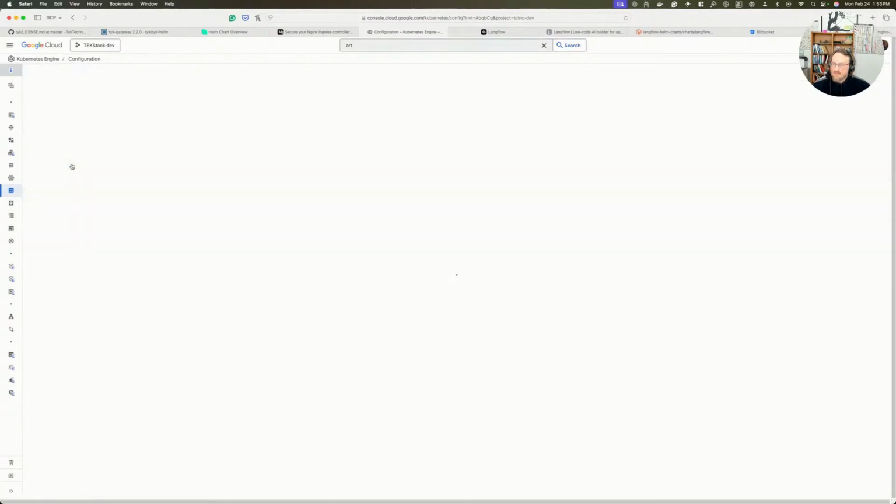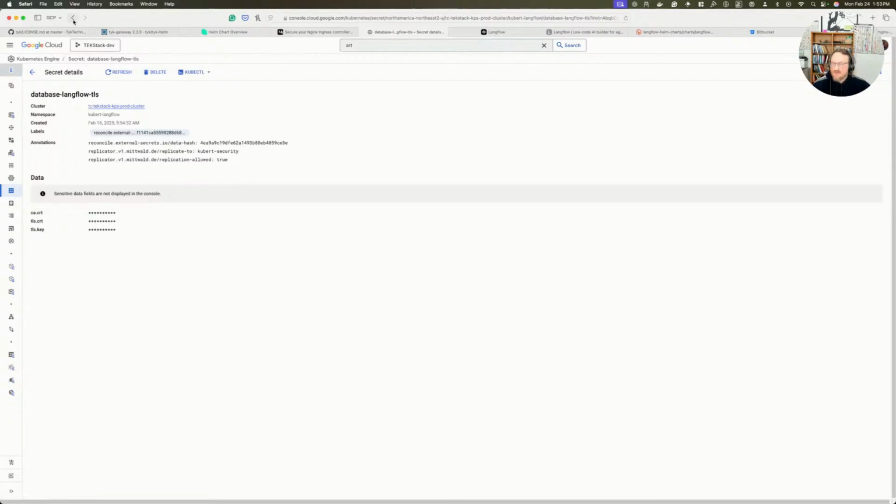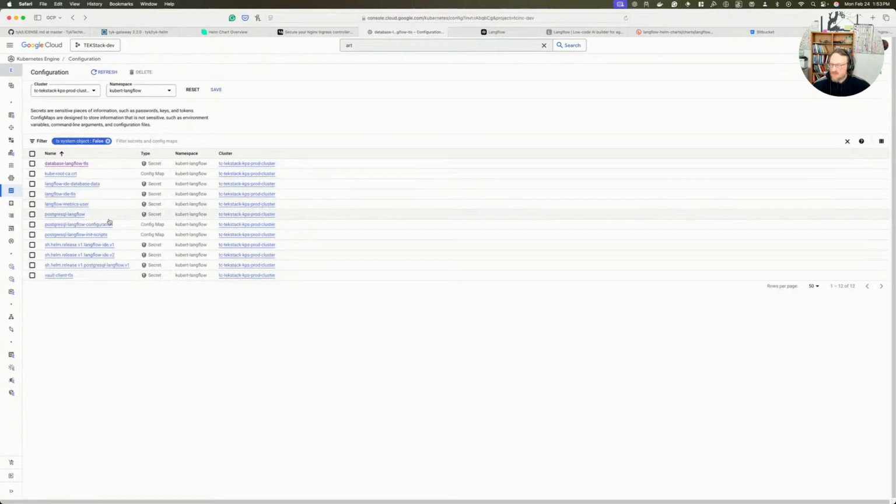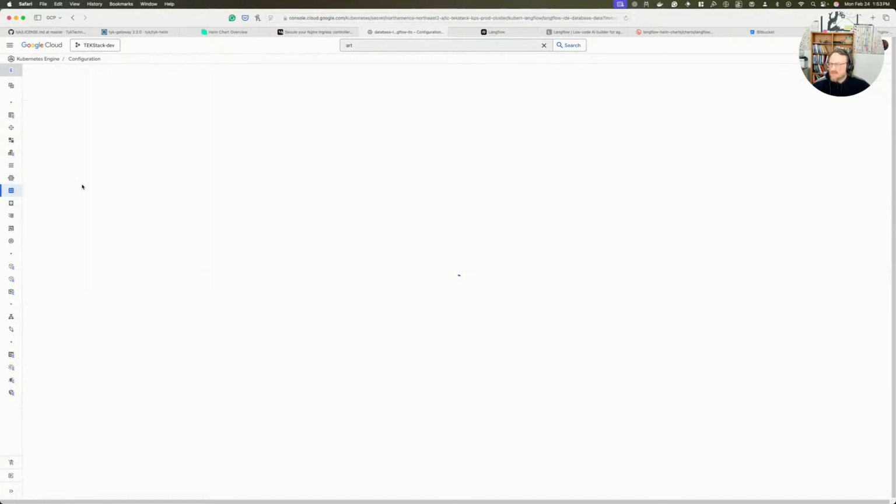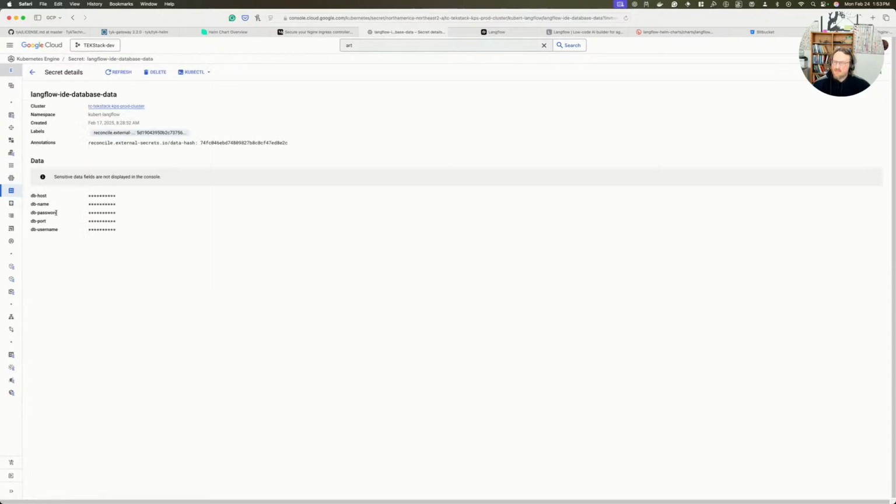There it goes. Database Langflow TLS. So this is the certificate for the TLS SSL communication. And we also have this database data here, which has the host name, password. So again, these are dynamically created with the plugin integration involved, and that specific password here gets rotated every 2 days in this case, I think